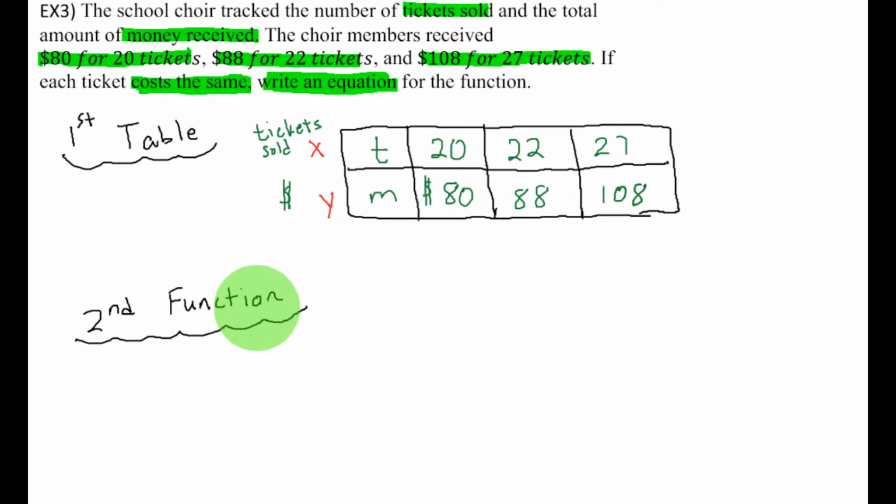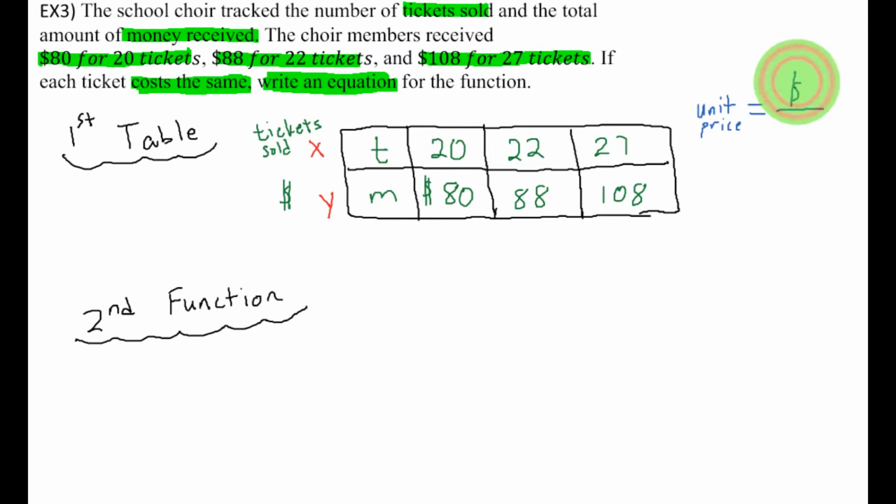Now the second goal is to create a function. The reason we're going to create this function is because we want to find out how much money can be generated with tickets being sold. But in order to create a function, I need to find the unit price. So I'm going to change colors and write unit price here. And remember, the unit price is how much money it costs for one single unit, for a quantity of one. A good example to use is always thinking about buying gas to fill up a car tank. You always think about that unit price as the price per gallon. So guess what? A unit price is equal to